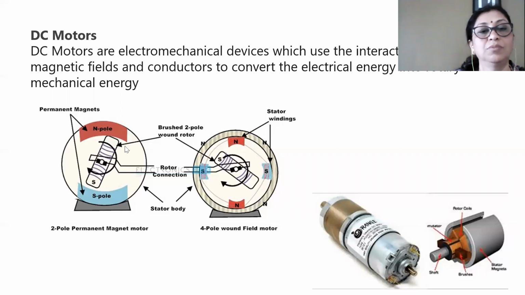So here you can observe the commutator is connected to the coil through the brushes. Okay. So here what happens when current flows through the coil, the magnetic field will be produced in this coil, and this have certain orientation. Suppose this side has N type of orientation and this side has S type of orientation. Now what happens due to this flow of current and due to the magnetism, direction of the magnetism,